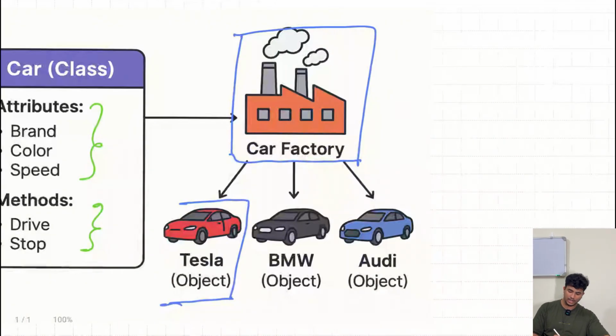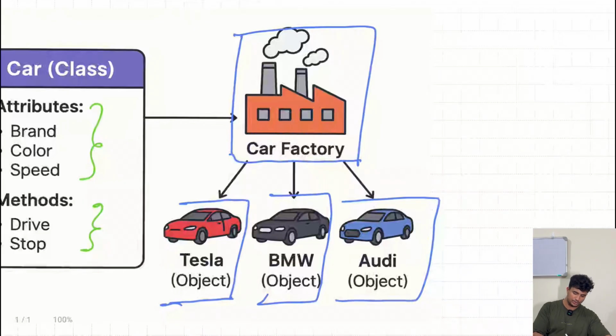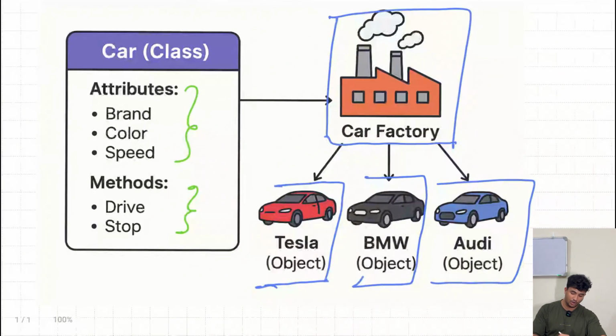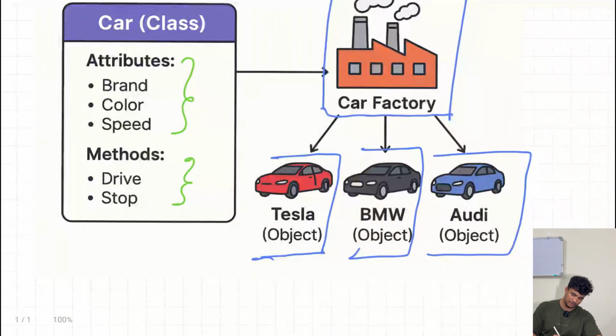So I want a Tesla car, I want a BMW car, I want an Audi to be produced in my particular car factory. So here we are getting to know one thing: instead of creating all the brands separately in my car factory, I am just calling the car from my base class, this car class. I have different types of attributes given there. I just mention whatever I want, and then I can call my methods as well, for example, Tesla dot